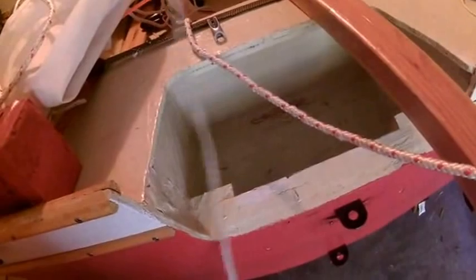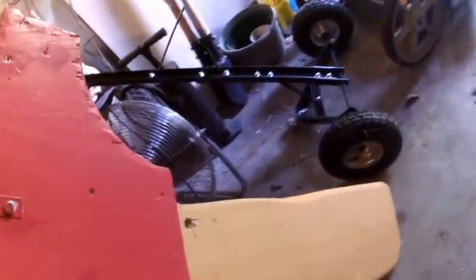Instead of tying the rudder up with a piece of rope, like in the plans, there you can see where the holes were drilled so that you can pull the rudder down, and so on. And I put a jam cleat up here to hold it, but it'll still pull out. I'll put a